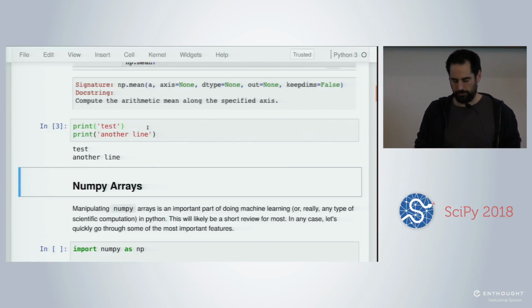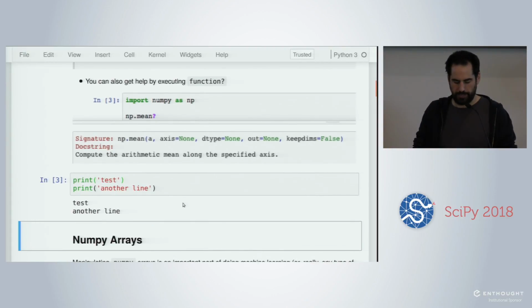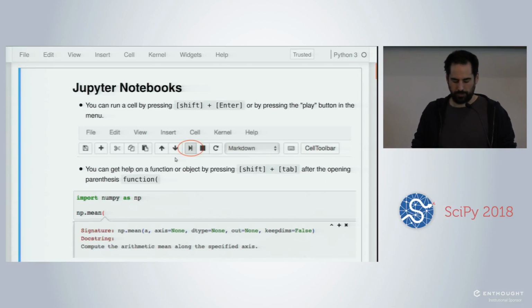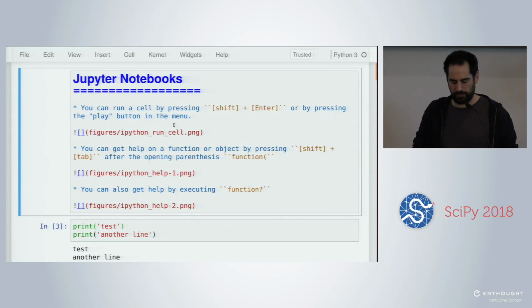There are two groups of keyboard shortcuts, some for the edit mode and some for the command mode. To go into command mode, you have to press Escape, and basically the selection will be blue and you're in command mode. If you click on a cell or if you press Enter on a cell, you will enable the edit mode of that specific cell. So it's very important to know in which mode you are.